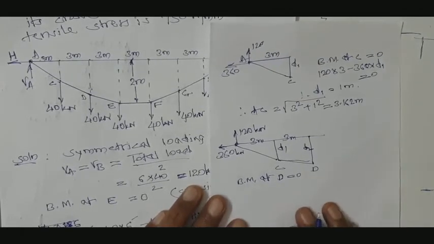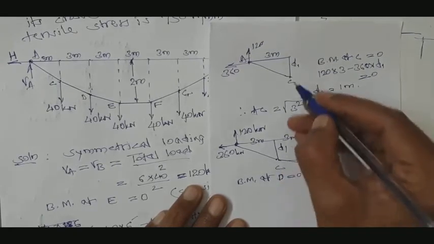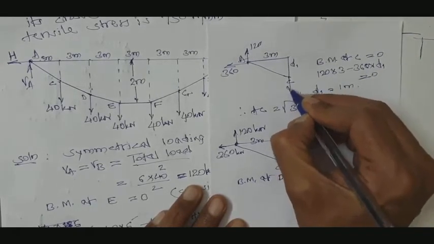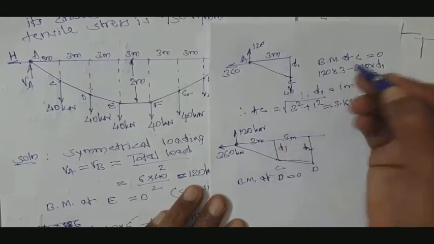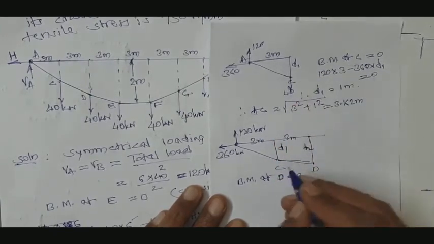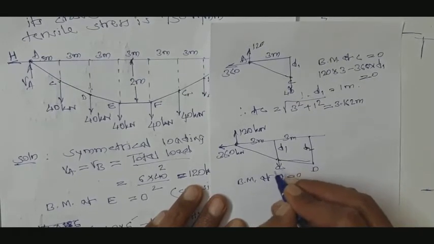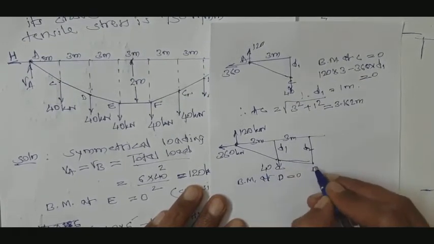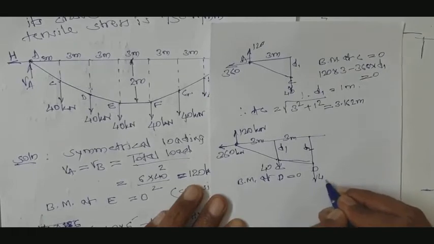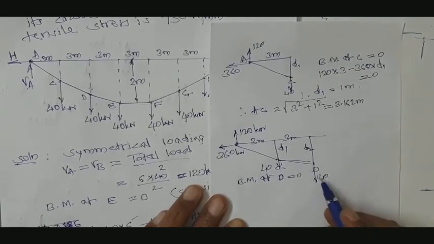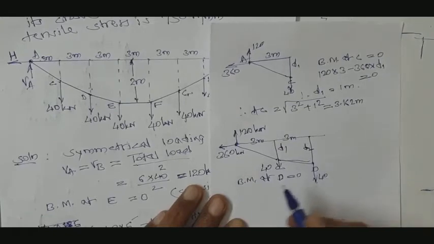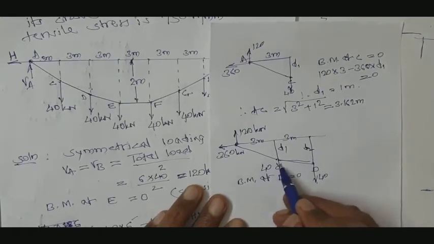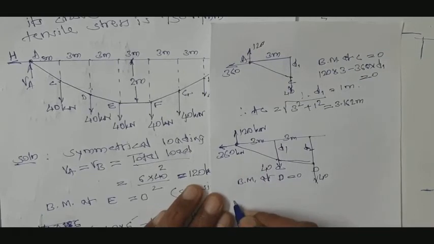Okay. Now see, here there is a 40 kilonewton load at C, but the moment due to it at C is 0. Now here is one load of 40 kilonewton, and one more load here of 40 kilonewton. We are considering the left side to write the bending moment. The moment due to this 40 kilonewton at D will be 0. Means now we will be left with 1, 2, 3. So let us take that.